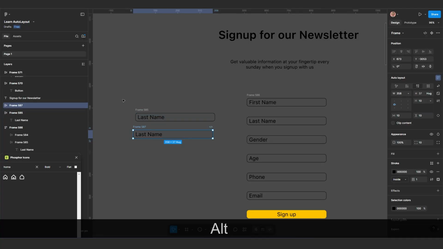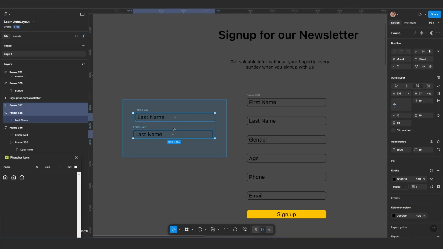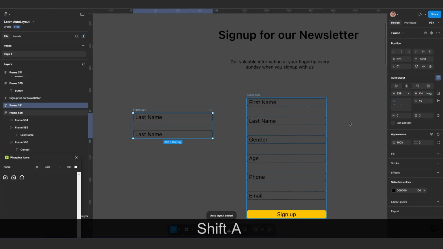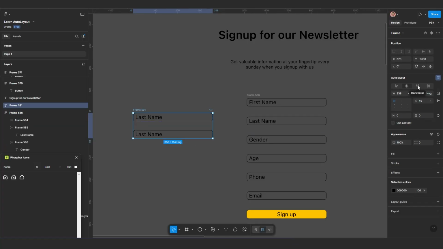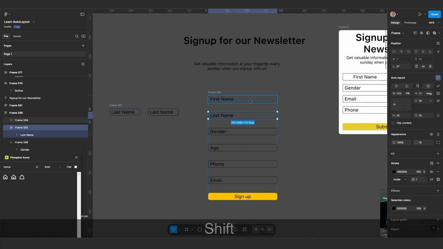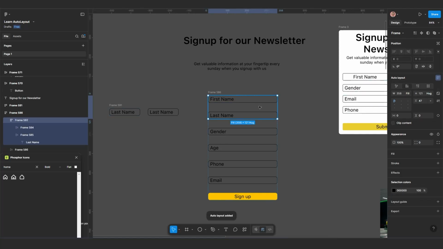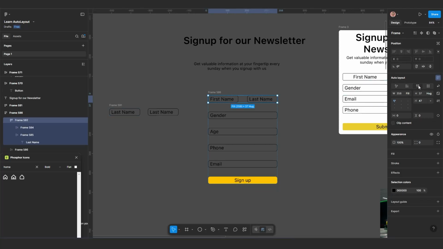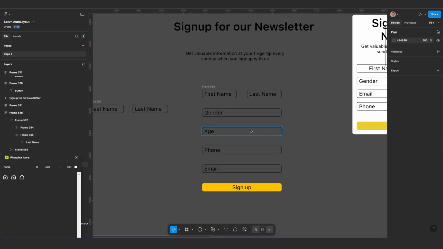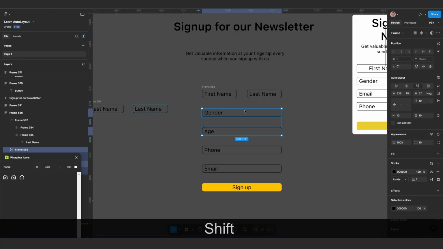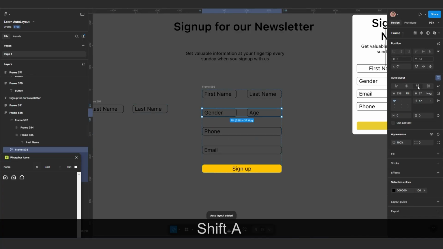and I select both of them like this and add auto layout, shift A, right? So if I set it to horizontal now, watch what happens. Did you see that? So that means if I select these two and add auto layout, shift A, and set the auto layout to horizontal, hope that is not magic, right? I hope you get the point. Now if I select these two, shift A, and set this one